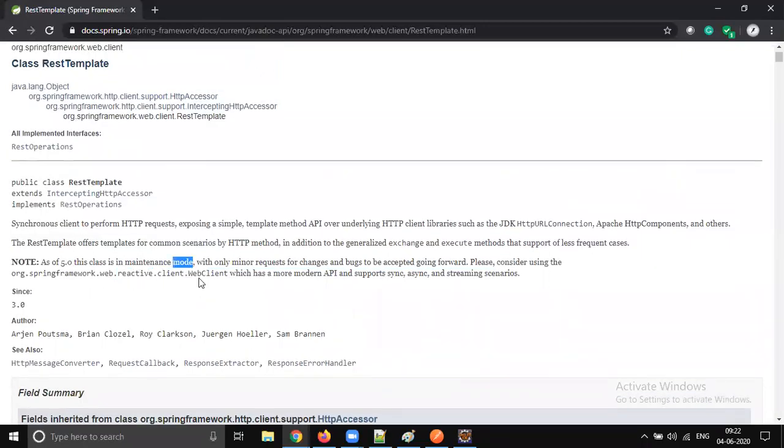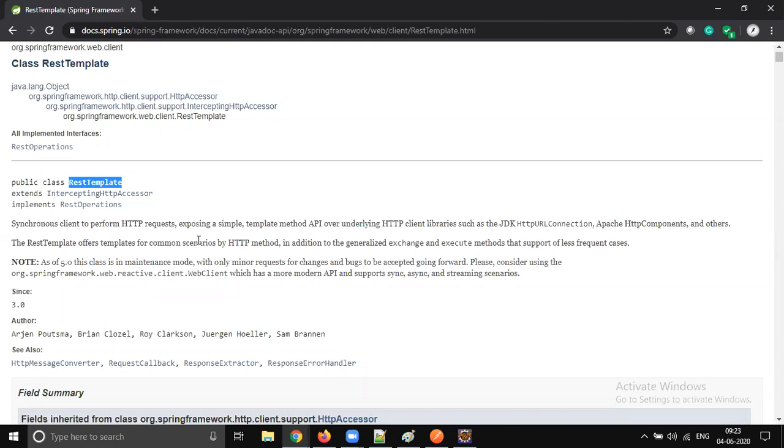The reactive client, WebClient. So going forward, if you are trying to make any HTTP call using Spring, it has to be WebClient as per the documentation by the Spring people, because RestTemplate is a blocking API, right? Your thread will wait until you get the response back from the third party service. So it's almost kind of deprecated, but they are not deprecating it to give backward support.